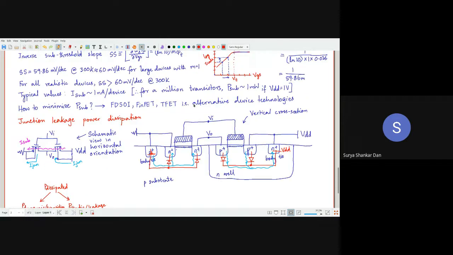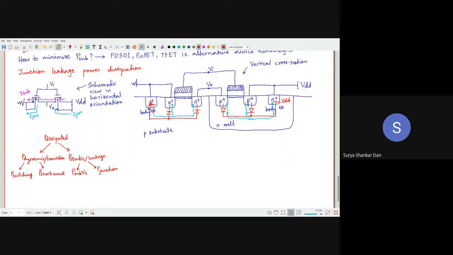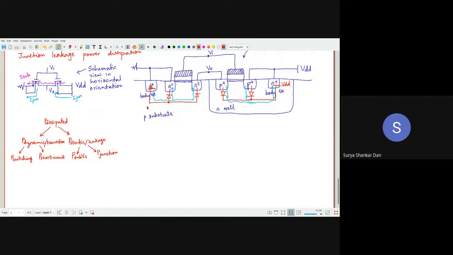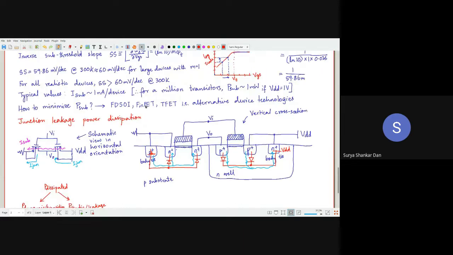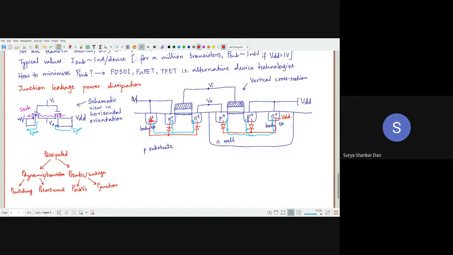use an alternative device technology, like FinFET. Okay, FinFET is currently the world standard. Nobody talks about MOSFET so much, but of course, unless you know MOSFET, you will not even be able to make out anything about FinFET. So in fact, I discussed once, I had a plan of taking one entire course on FinFET that will be really helpful for the students. The prerequisite will be PMMD.